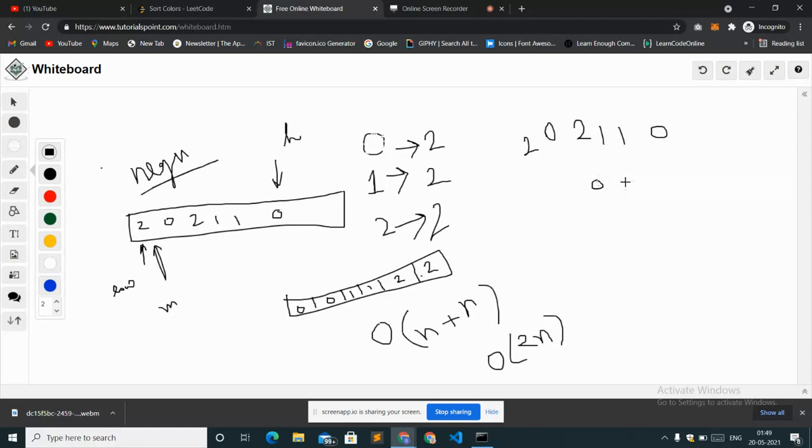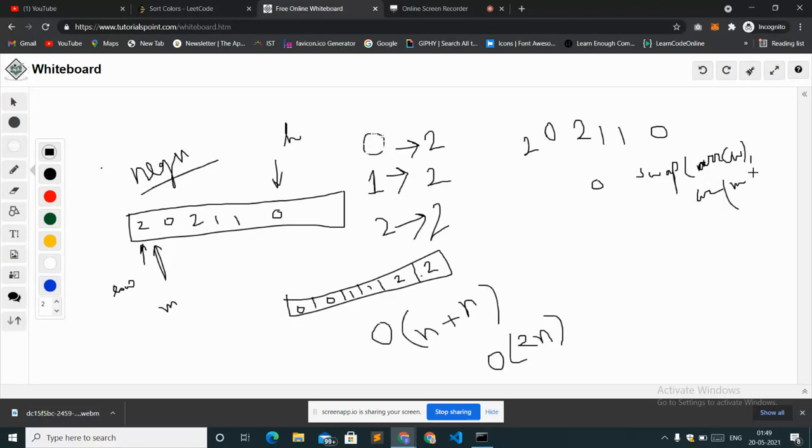If it is 0, then swap array of low and array of mid. I'm just writing array of mid.